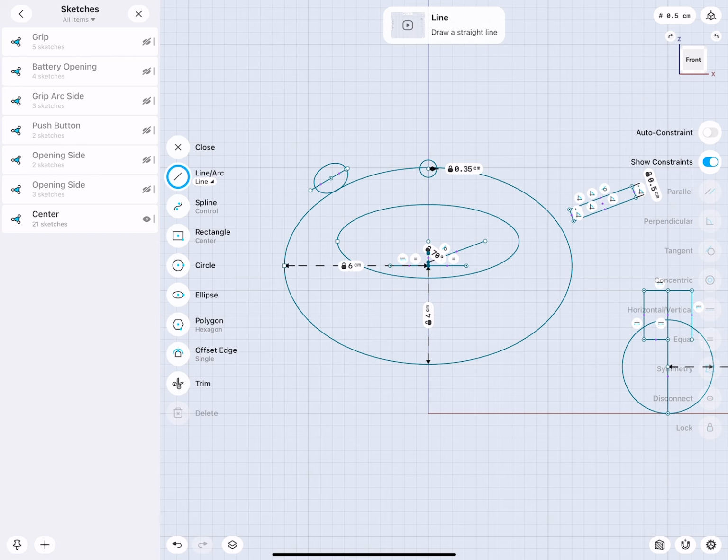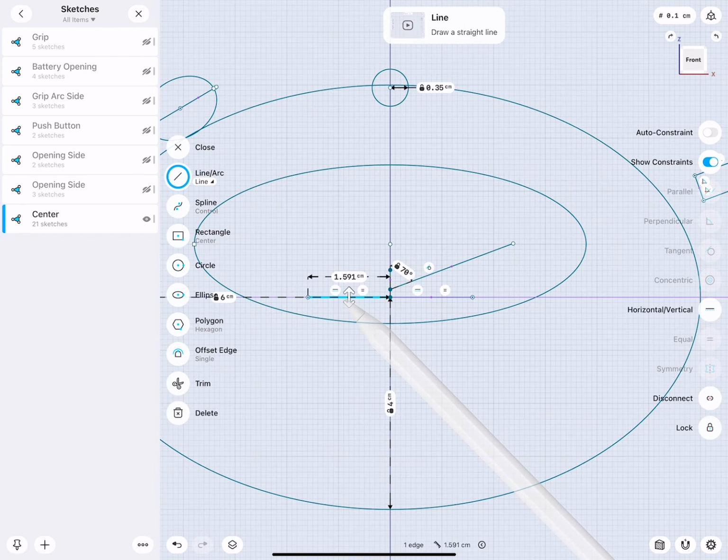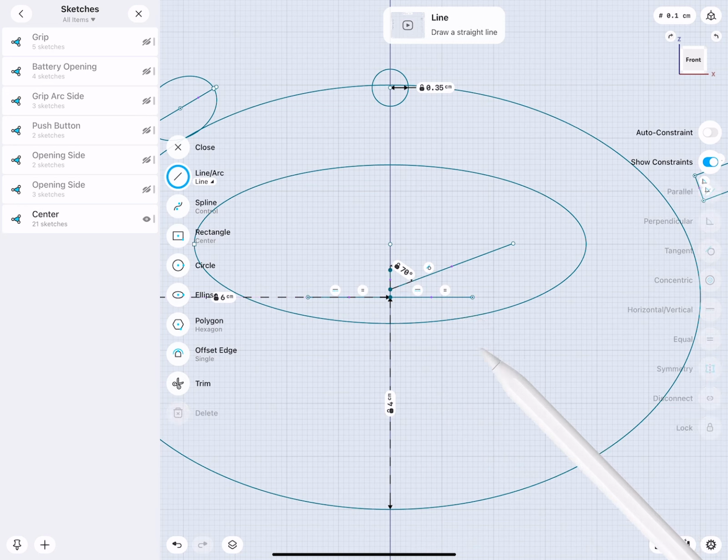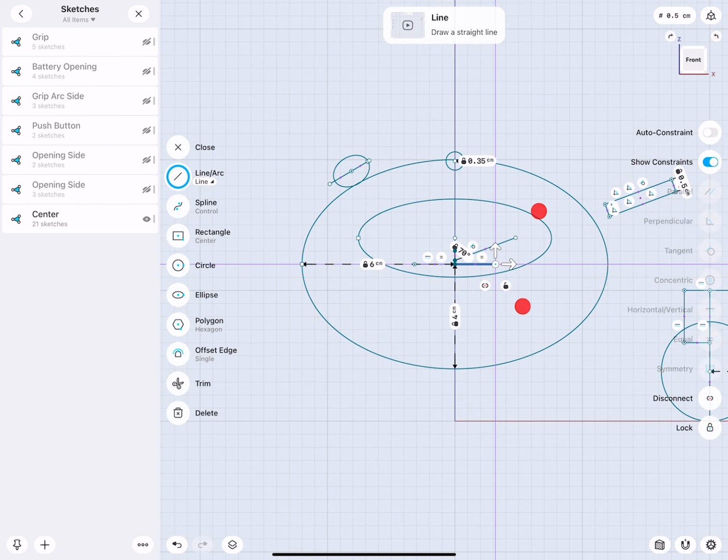The way I created the center line is actually two individual line elements. And both lines have an equal constraint, are coincident to the arc center and horizontal. So when I move one point, you can see the other point moves with it.